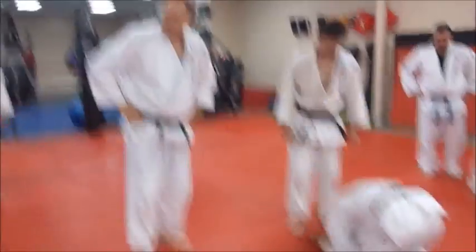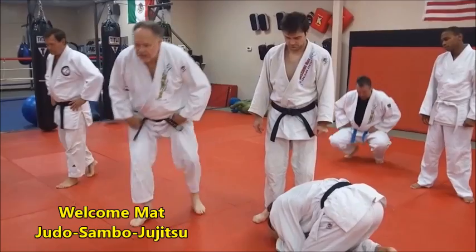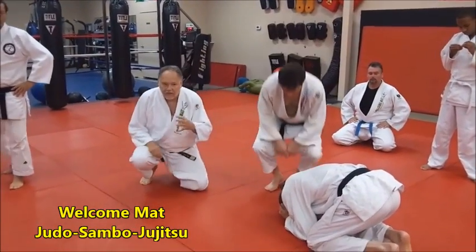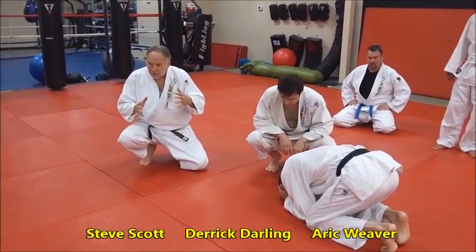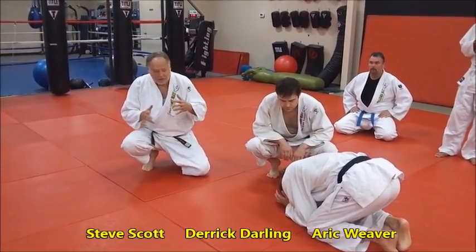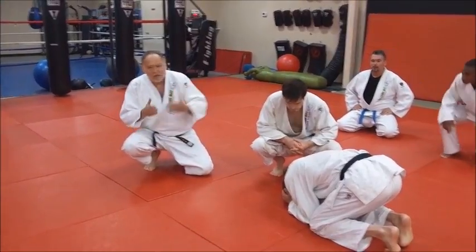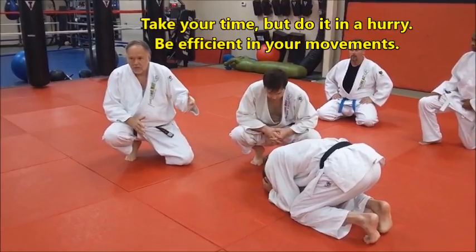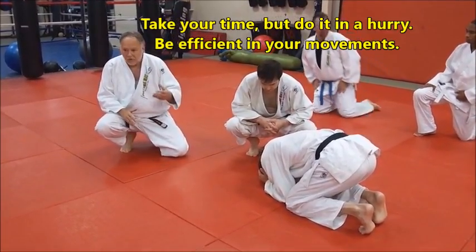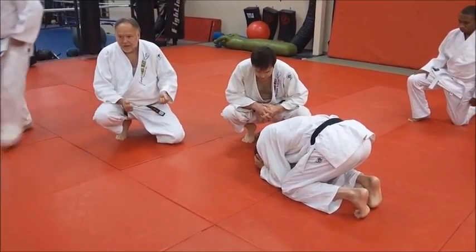Let's be real specific. We're going to take apart the Headroll Juji Gatame. Here's where a lot of people get rushed. And good people get rushed and they don't take, like the old saying I say all the time, take your time to do it in a hurry. Be efficient in your movement. Be precise and efficient in your movement. And this thing we're going to work on right now helps you do that, but I want you to learn it. So, you got your guy on elbows and knees, you've knocked him down, somehow you've got him down, and